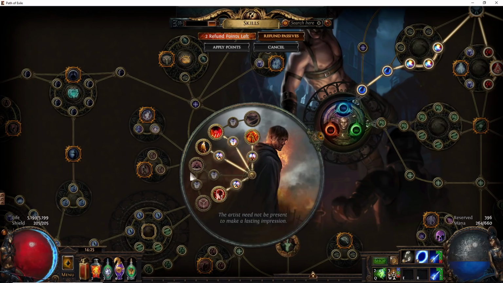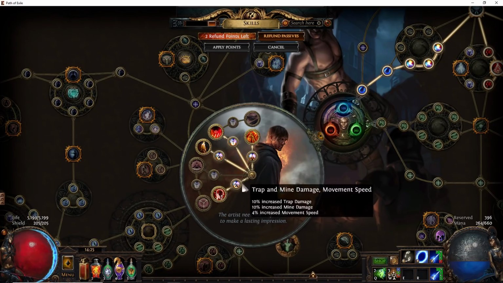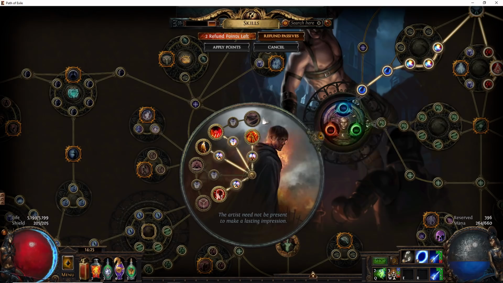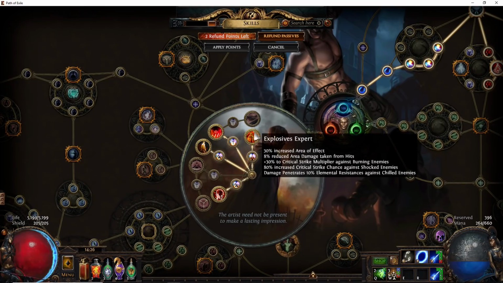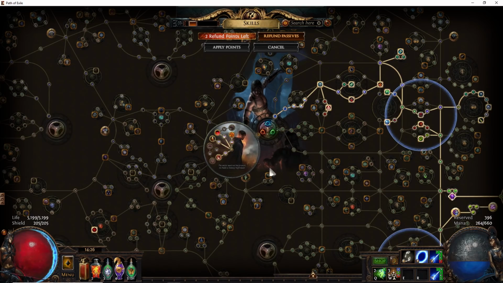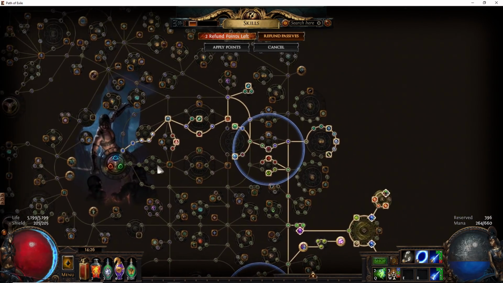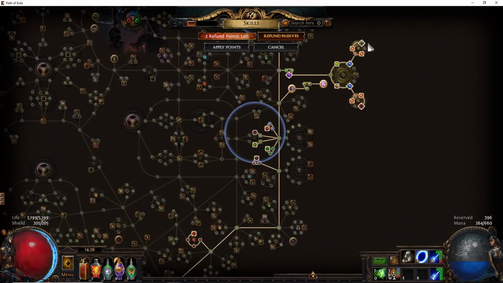I don't really know, because I haven't played mines too much after the mine change, how important Demolition Specialist is. But anyways, for traps, the Chain Reaction support is not that great, and I wouldn't particularly recommend it. And that's why I'd always recommend going for these 3, and then going for Perfect Crime for trap damage. Next up we have basically our passive tree, which is pretty much us going to Crit Multi, Trap Nodes,